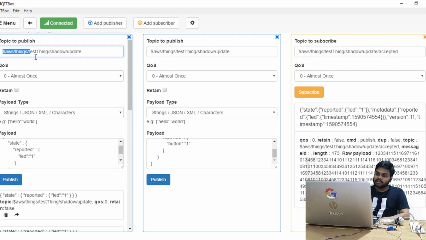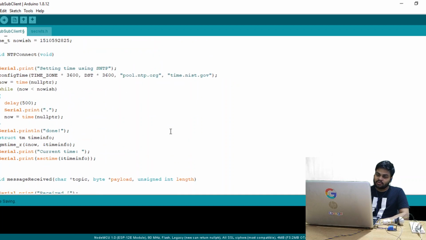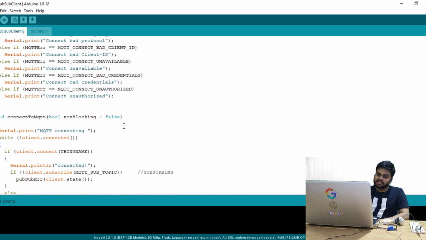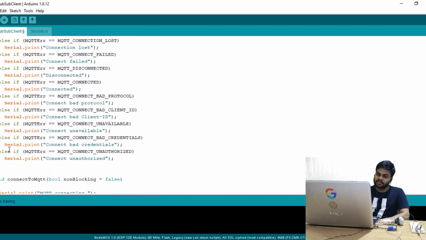So we are publishing this message on this topic and subscribing to this topic, accepted topic. Without accepted is for publishing, with accepted is for subscribing. Okay, so the subscribe topic is this one. Now, as soon as we are connected to the MQTT broker, we are subscribed to that topic, and if something wrong happens, if it returns false, then it will print what the error is using this function